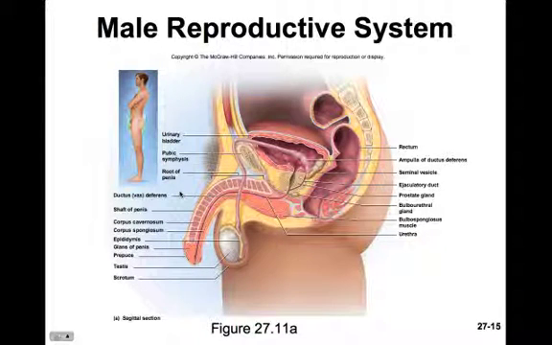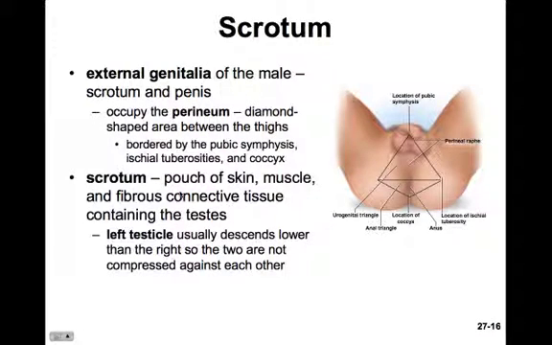So now we'll survey the male reproductive system, beginning with the scrotum and testes and continuing through the spermatic ducts and accessory glands that are associated with them. So the male external genitalia consists of the scrotum and the penis. They occupy the perineal area, which is that diamond-shaped area between the thighs, bordered by the pubic symphysis, ischial tuberosities,